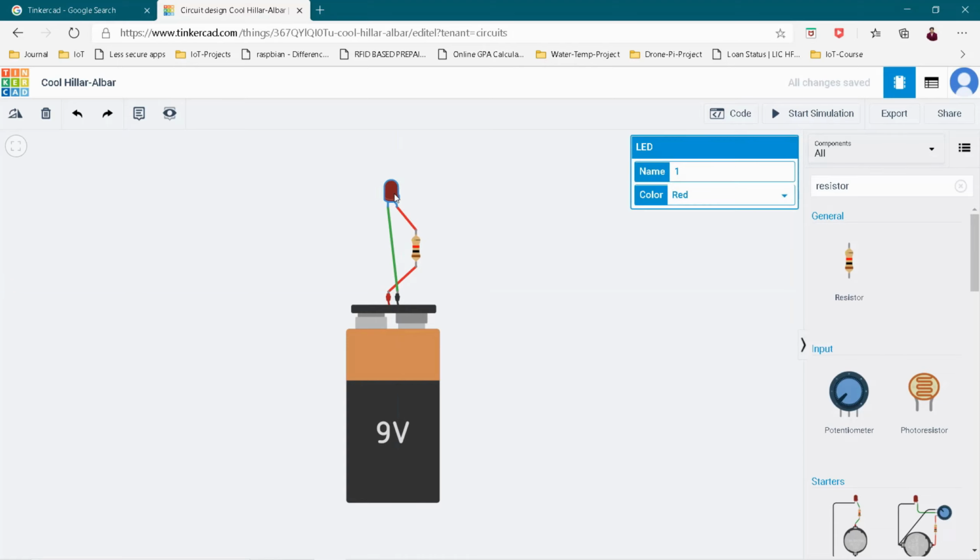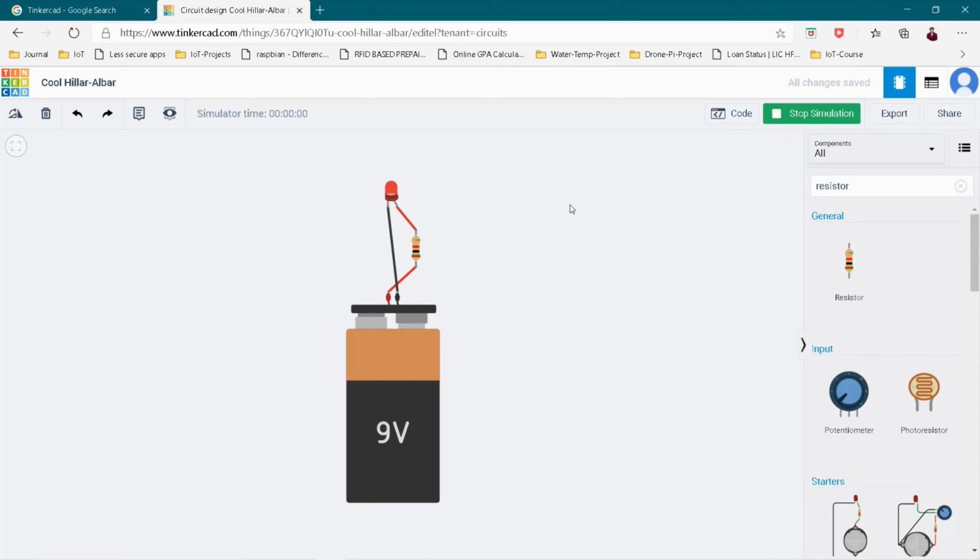So this is my topology now. Okay, so the positive power is given to the resistor's one side and the other side is given to the LED's positive leg, and the negative of that battery will be given directly to the negative of the LED. So this color is going to be the black color. Okay, now if you start the simulation, here you can see the LED is on, and stop it. Now LED is off. Start, LED is on. So like this, now the LED is not blasted because here you have used a resistor.